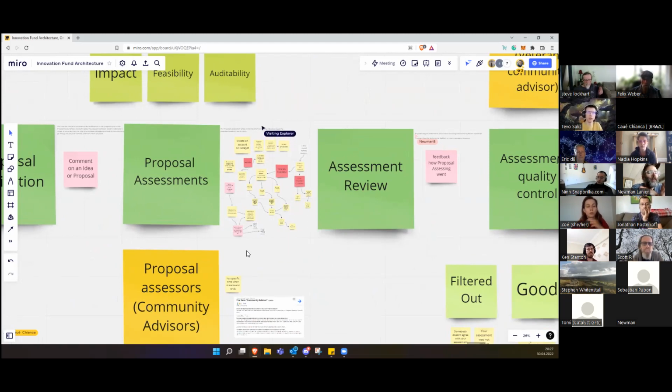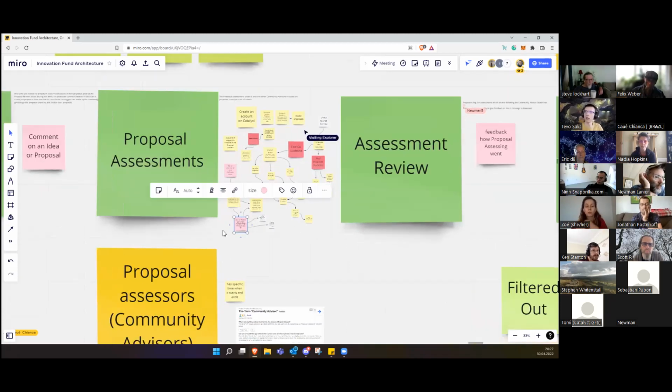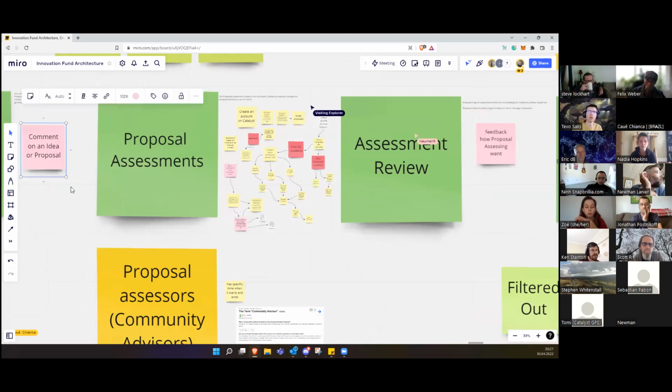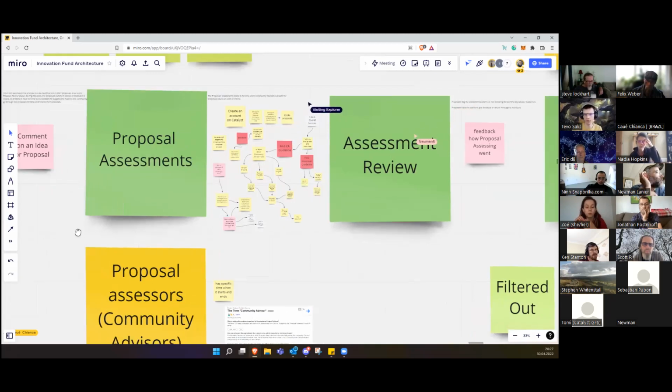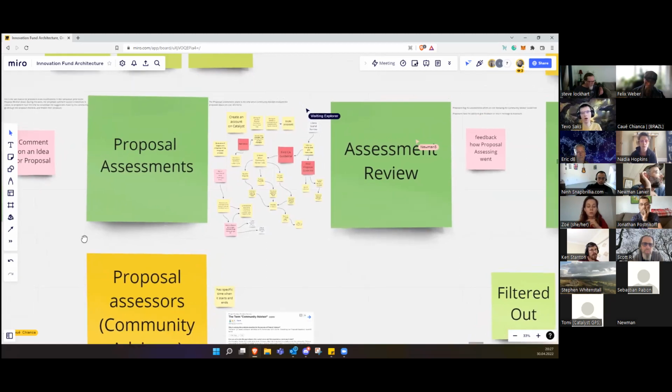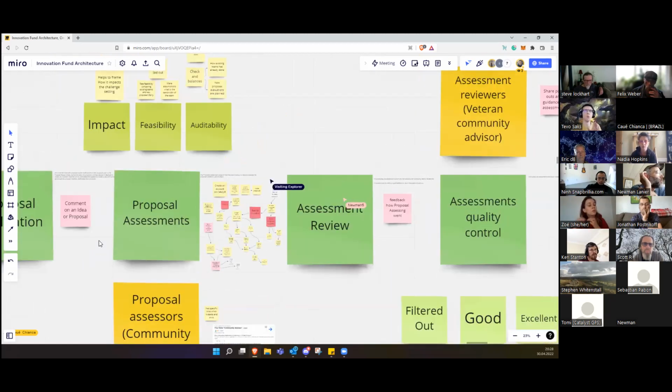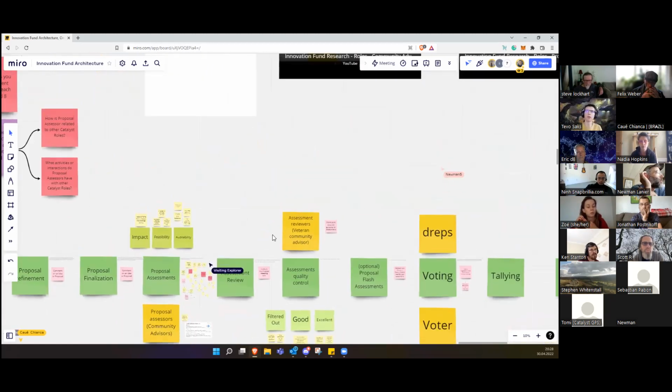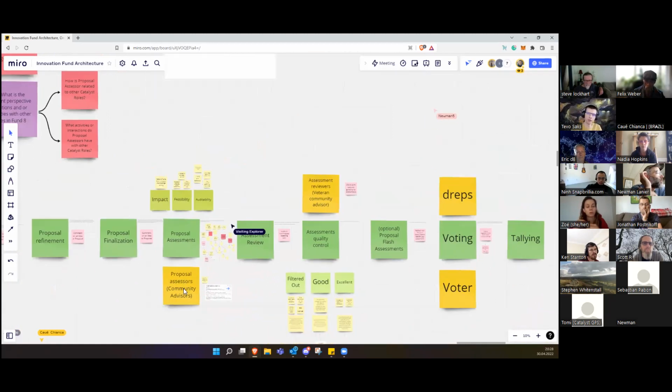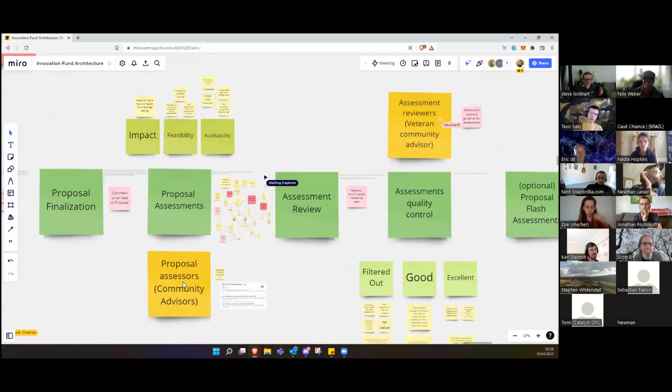So technically, it is about current fund. All the information is meant to be current fund, unless it's a pink sticky note. That would be something we would prefer to see. However, when devising that template, there was already a decision made to split community advisor into two different